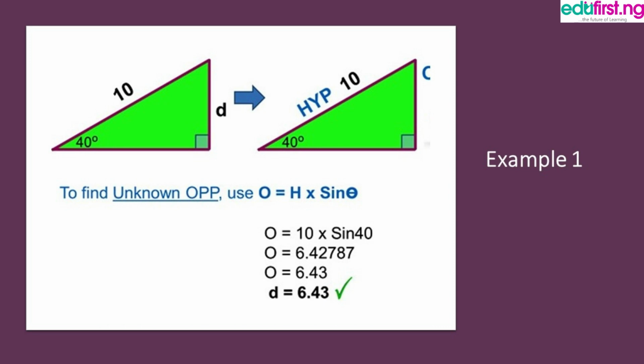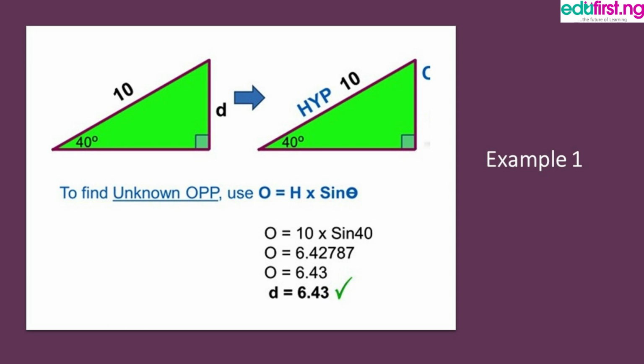We should recall that in our last class we discussed different measurements of angle. The angle can be measured in degree, radian, and even gradient, but it is popularly measured in degree. As you can see, we have it here in degree. So make sure that your calculator is in degree, in order for you not to have a wrong answer. So you press sine 40, multiply by 10 on your calculator, and we have this. D will equal 6.43.